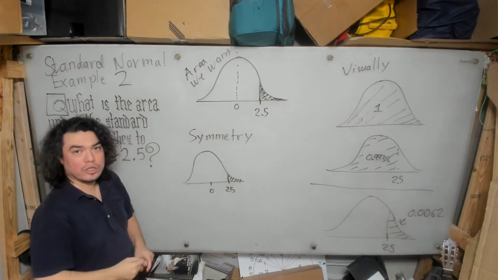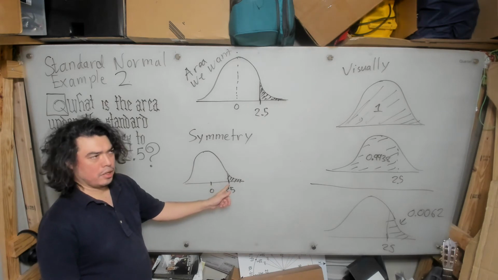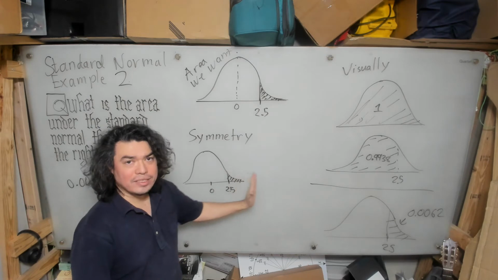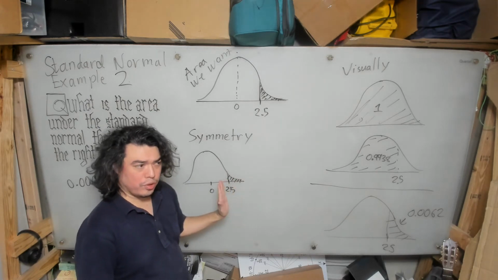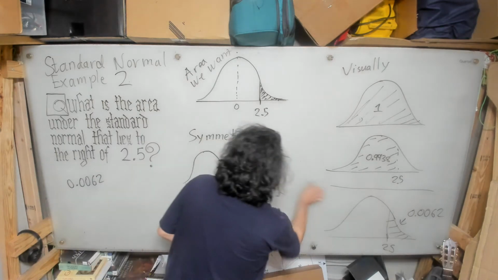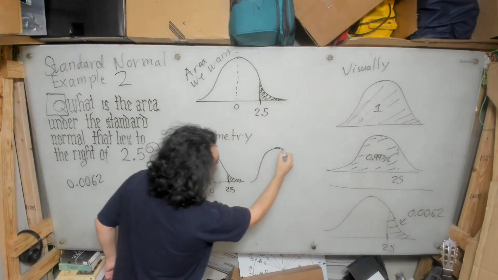What we said about symmetry is that if I start in the middle and go a certain amount to the right, then the area of the tail further right from there will be equal to the tail area